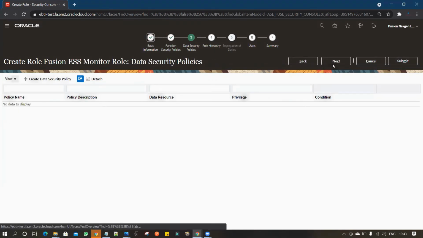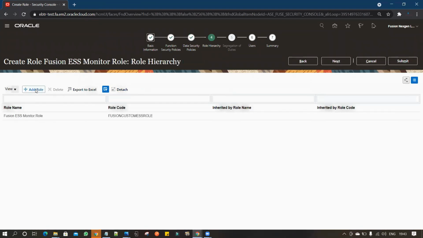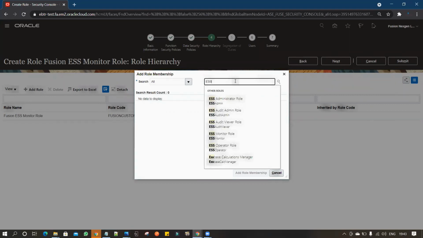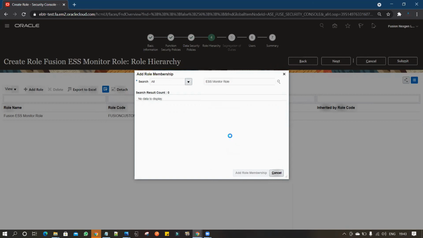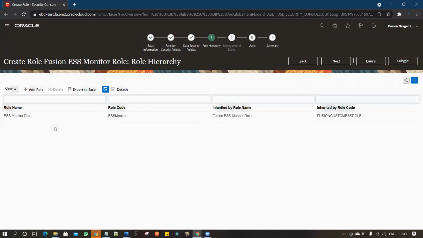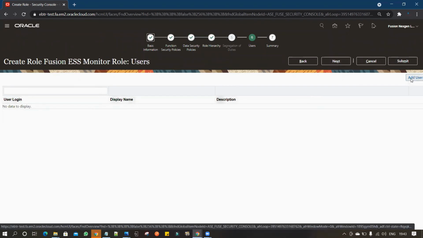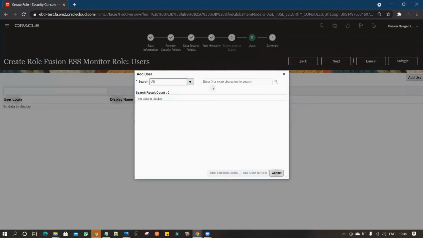You have to click on next, and then you have to add the ESS monitor role. So if you see that the role is added, now you have to click on next, and then you can add your user to whom you want this to be assigned.